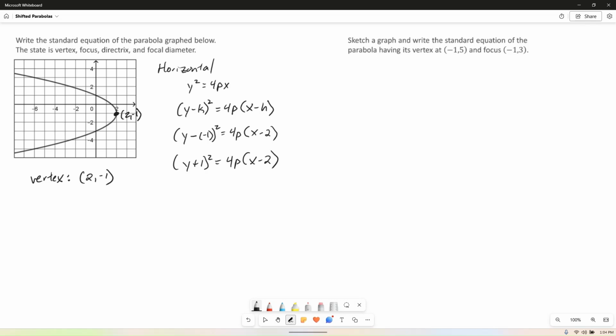To finish our equation, we need to figure out the value for p and then plug it into the equation. To figure out p, remember p gives us a relationship for the distance from the vertex to the focus or from the vertex to the directrix. Well, unfortunately, we don't know where the focus or the directrix are on this graph, so we can't use those relationships. However, looking at the graph, it does look like we can kind of identify a few points on the graph